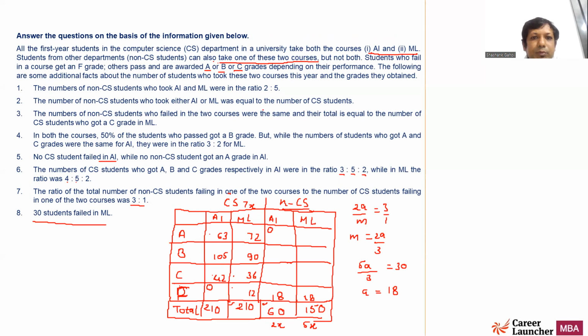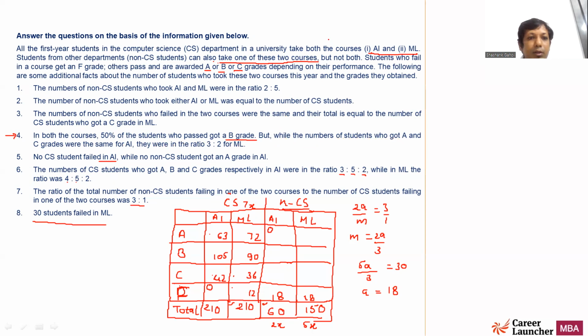Now, what is it that I left? Acha. In both the courses, so I haven't used 0.4 so far. In both the courses, 50% of the students who passed got grade B. मतलब जितने लोग पास हुए हैं उनमें से 50% ग्रेड बी के. While the numbers of students who got A,